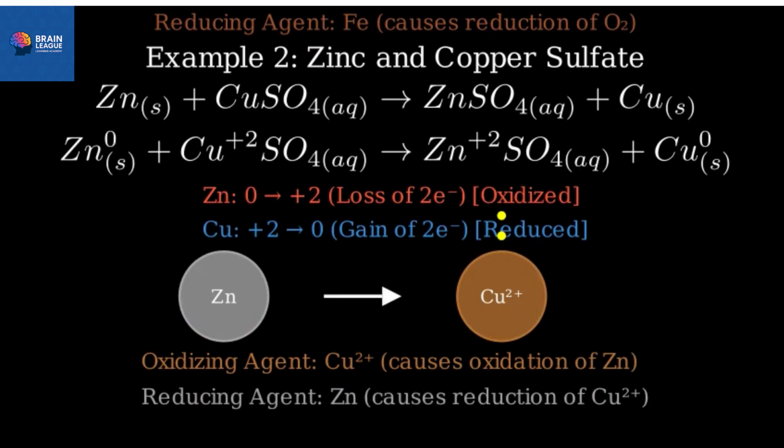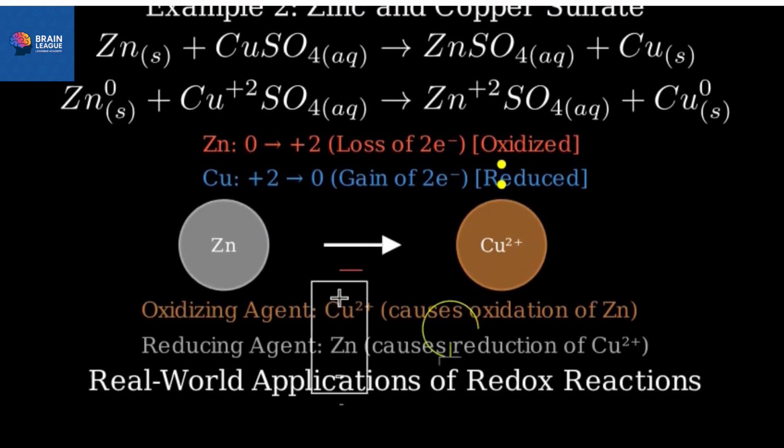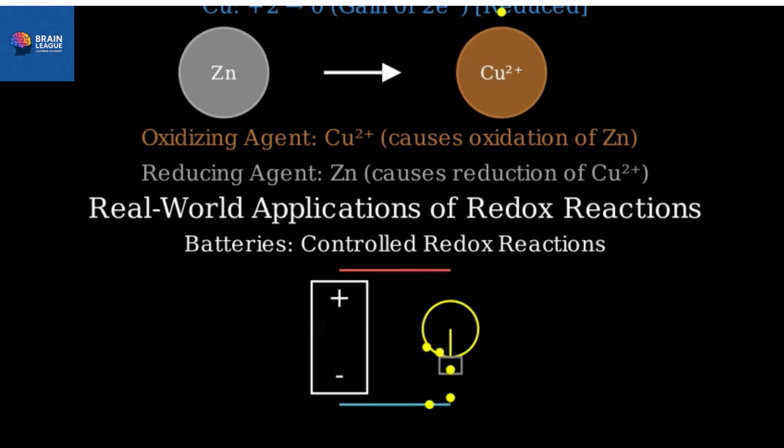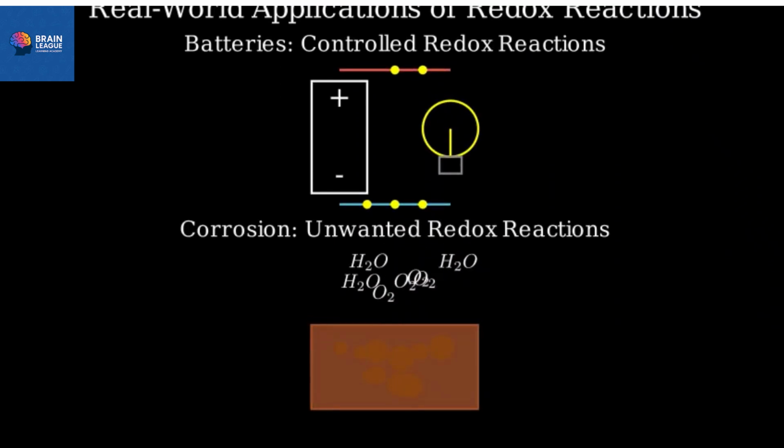Redox reactions are everywhere in our daily lives. Batteries work through redox reactions. When you use a battery, one material gets oxidized, releasing electrons that flow through the circuit to another material that gets reduced. Corrosion, like rusting, is an unwanted redox reaction where metals are oxidized by oxygen in the air, often